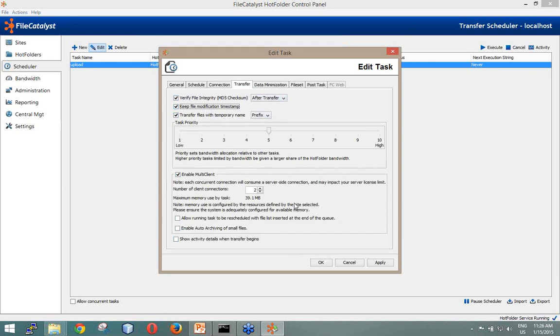And then you can also enable auto archiving of small files. The idea is that if you have 10,000 small files, let's say 100 KB files, it will take a really long time to transfer each file one by one, because you have to open a connection, transfer the file, and then tear it down. This takes time. When you're archiving small files, you're bundling them into one big tarball that is not compressed, sending this tarball across the wire, and then unpacking it on the other end.